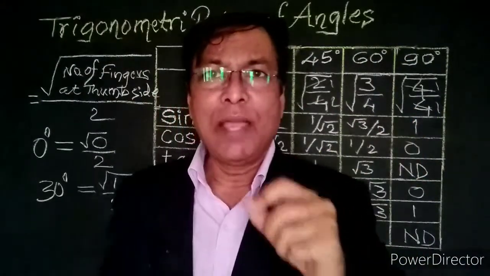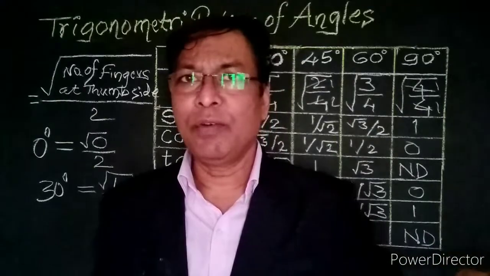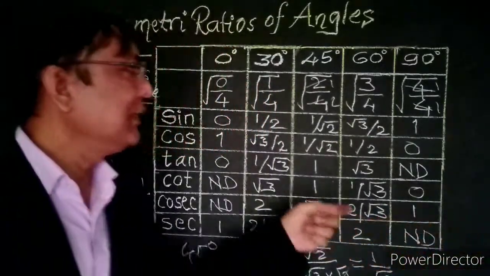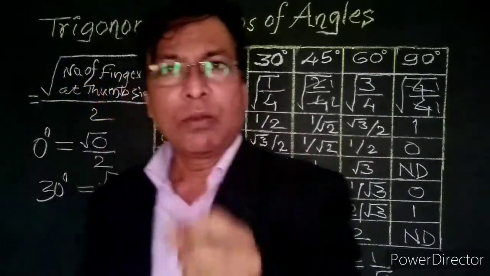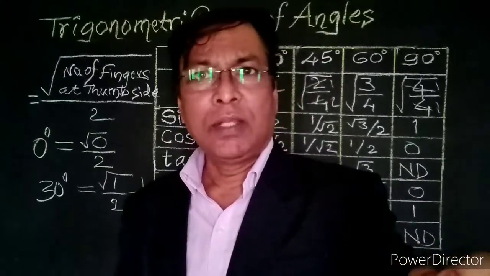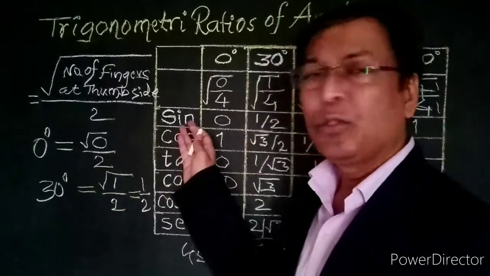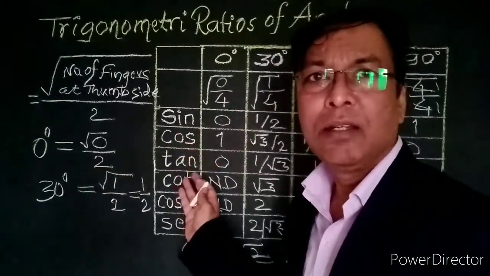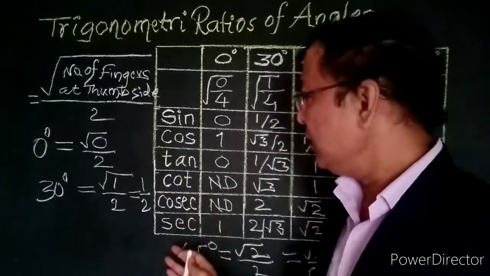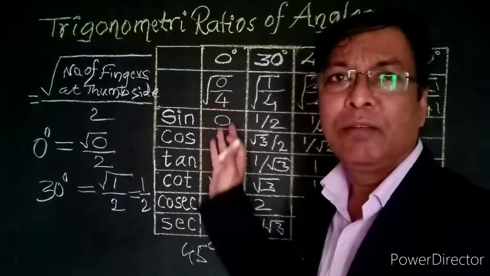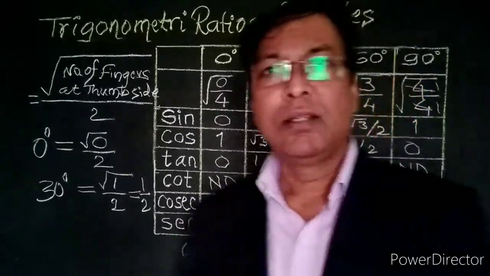Once we get the values for sine 0, 30, 45, 60 and 90 degree, by simply reversing the values, we can get the values for cos 0, 30, 45, and so on. To get the tan values, we have to divide sine by cos. When we reverse the values of tan, we get cot values. To get cosec values, we have to invert sine values. And when we write the cosec values in reverse manner, we get sec values.